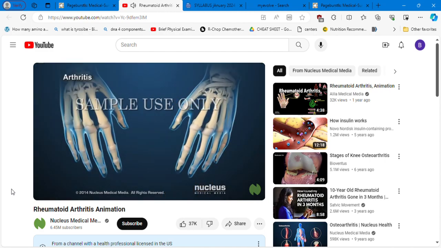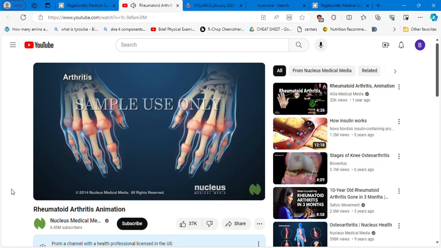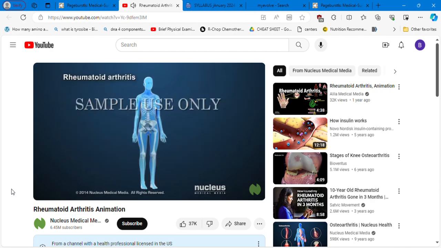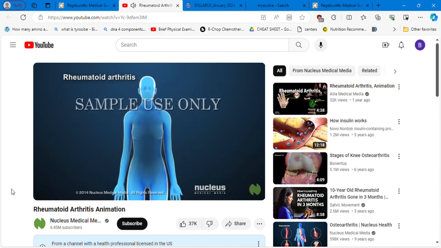Arthritis is any disorder that affects joints. It can cause pain and inflammation. Rheumatoid arthritis is the second most common type of arthritis. The joints most commonly affected are in the wrists, hands, knees, ankles, and feet. It typically occurs at the same joint on both sides of the body. It can also affect other organs in the body, such as the eyes,